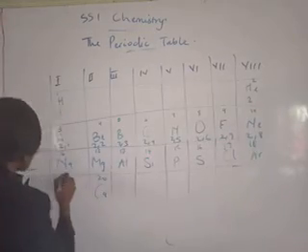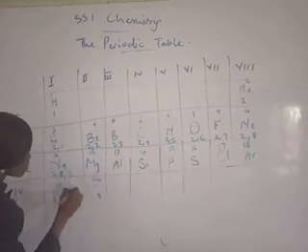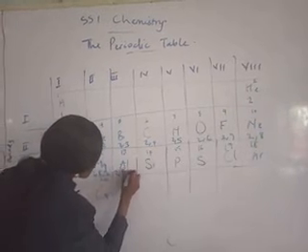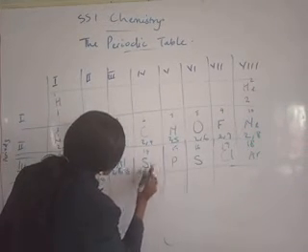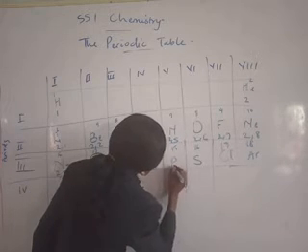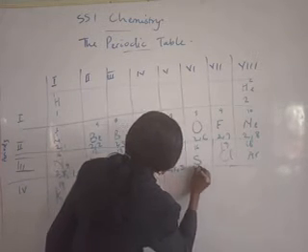This is 2,8,1, 2,8,2, 2,8,3, 2,8,4, 2,8,5, 2,8,6,